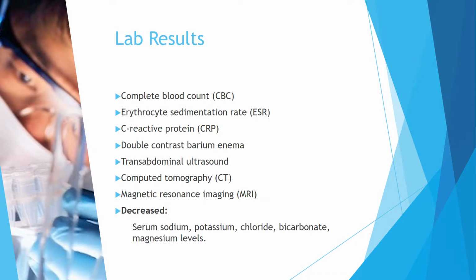Lab results. Now, there are various lab results and procedures that can help in detecting ulcerative colitis. Some of the most common lab results and procedures include a complete blood count, or CBC, which helps in the detection of infection and anemia, an erythrocyte sedimentation rate, ESR, which can detect inflammation from infections or cancer, a C-reactive protein, or CRP, which is produced from the liver. A high CRP indicates an inflammation,